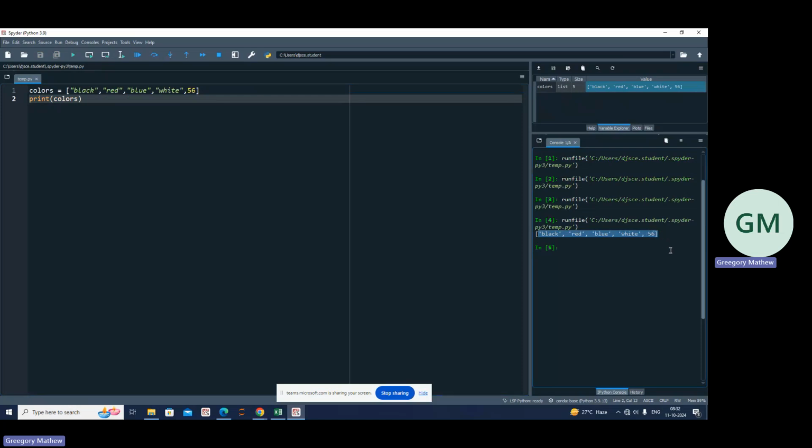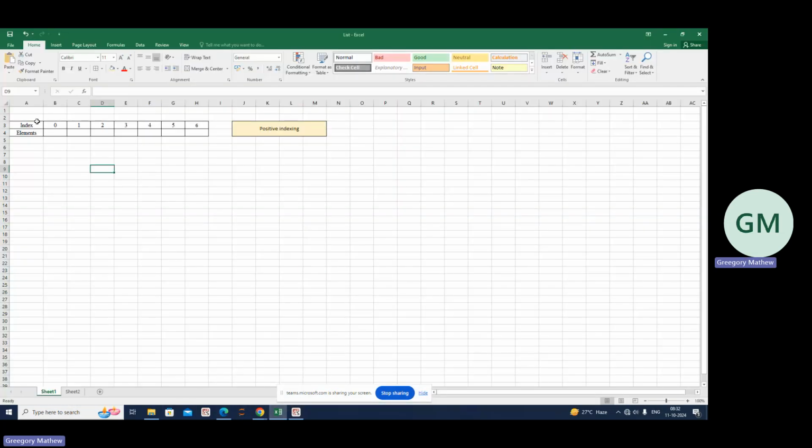Now, I don't want the entire list. I just want a specific element from a list. How do I call them? In that case, I need to specify the index position. So what are the index positions? Let me just take you to Excel. My first element was black. So the name of the list was colors, and the first element, that is the starting value, was black. The second value